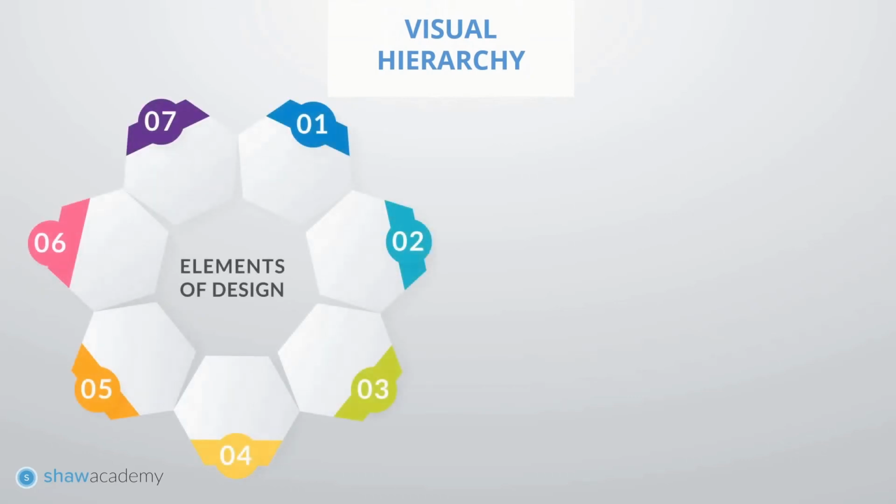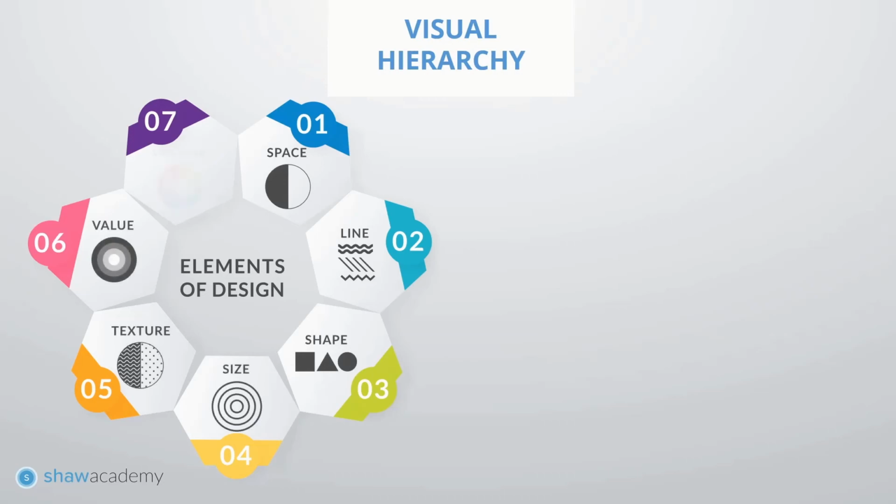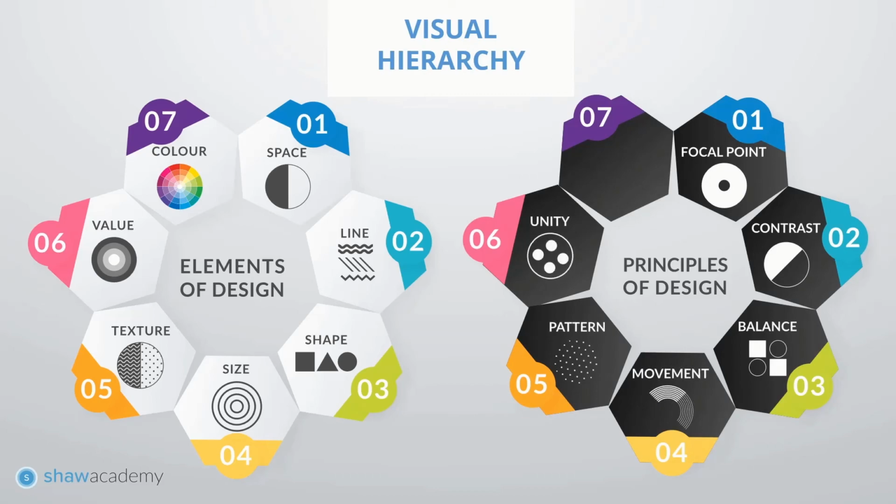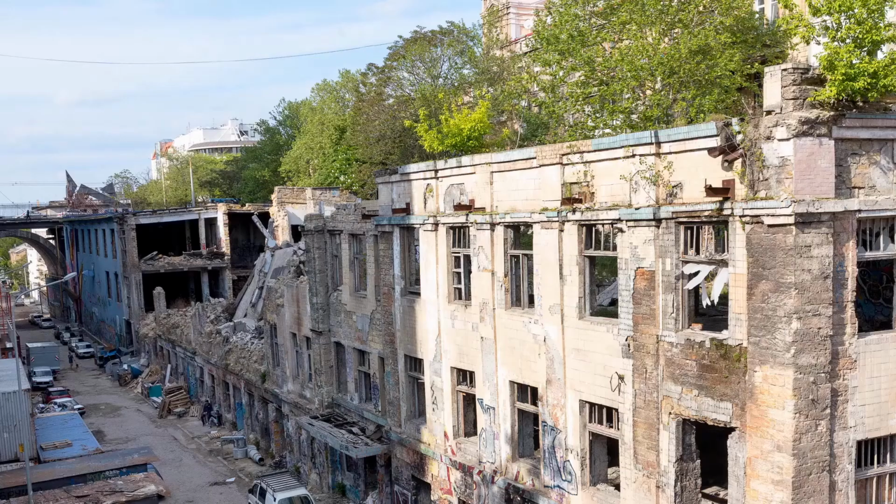As you are familiar with the elements we discussed in Lesson 1, can you recall what they are? Remember, we had 7 elements we referred to. They are space, line, shape, size, texture, value, as well as color. Today we will also focus on how to successfully apply these elements. The principles of design consist of focal point, contrast, balance, movement, pattern, unity, and the very important theory of Gestalt. Now, what happens if we do not successfully apply our elements and principles of design? You guessed it, we have a failed building project.